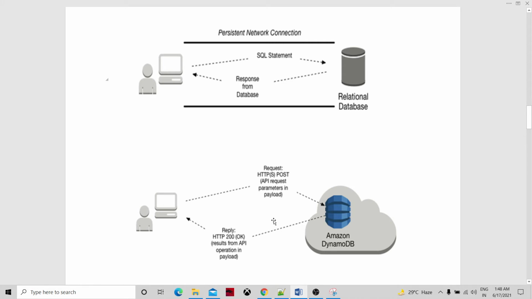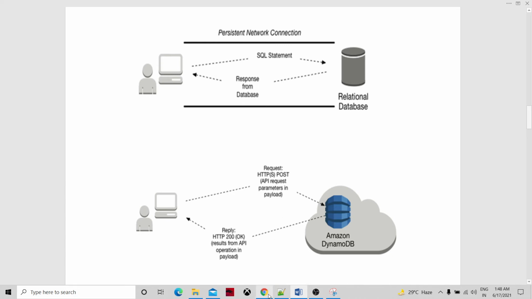So 200 is the response code, understood as a successful response. The payload would come as a response, and then the response would be read and retrieved by the client application or client programming interface. So this is a typical kind of data movement between the client and the underlying database.